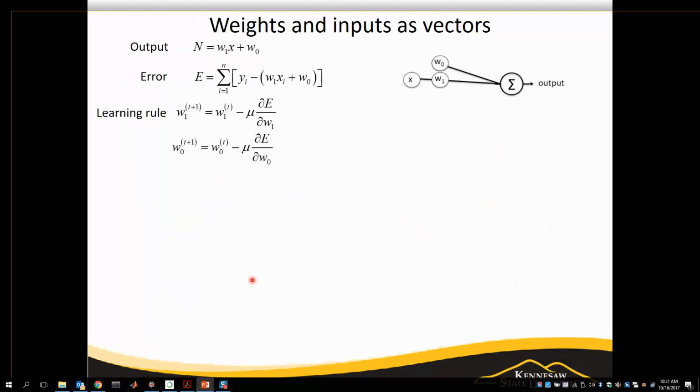Now, as you might suspect, this is starting to get a little ugly with the math, and there's ways that we can tighten it up. We can use linear algebra and matrices to make this stuff look a little simpler. So, the first thing we're going to do is take this